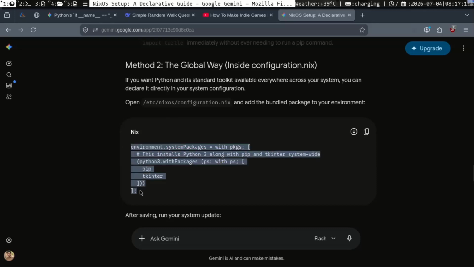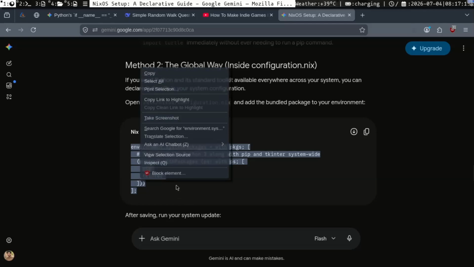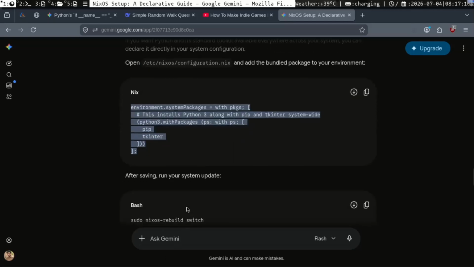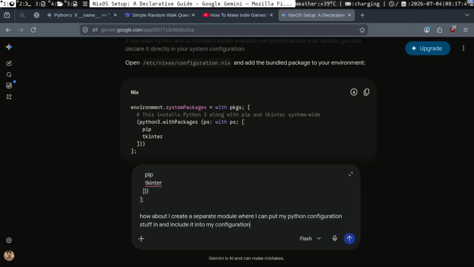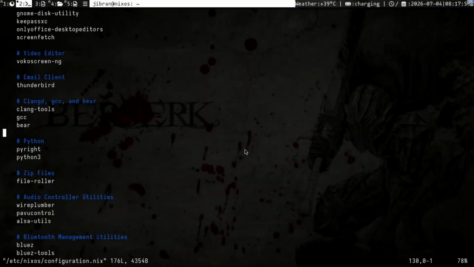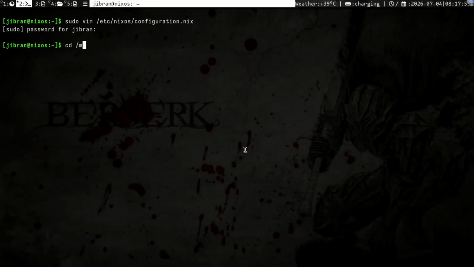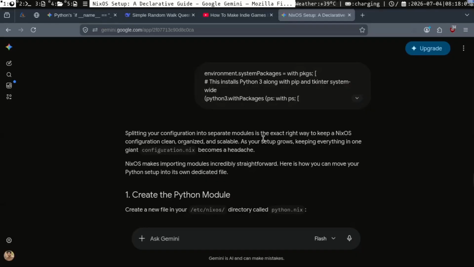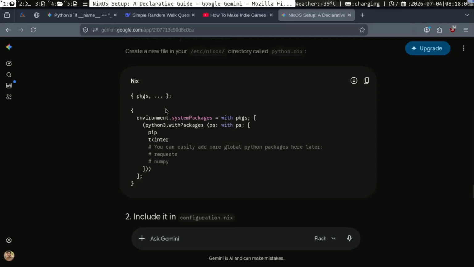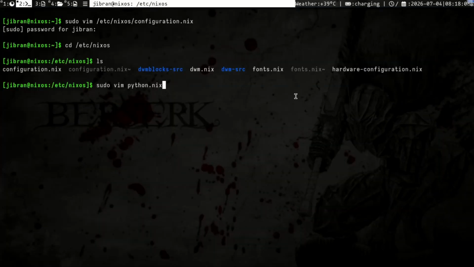What if I modularize it and have a separate module that is then included within my configuration? So it would be like cd /etc/nixos and have sudo vim python.nix, and splitting the configuration is about okay, python.nix and we're